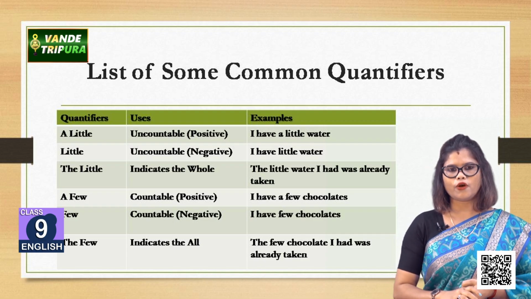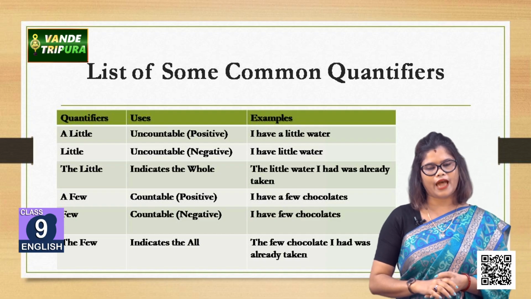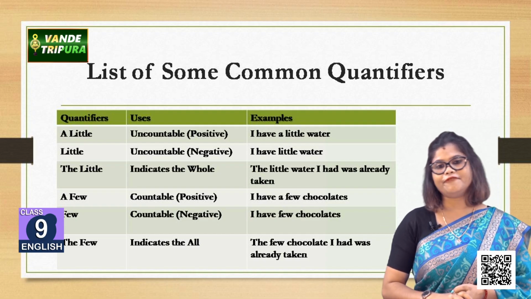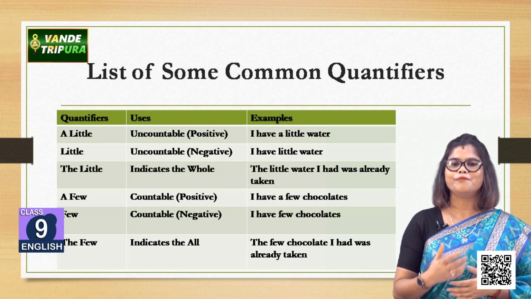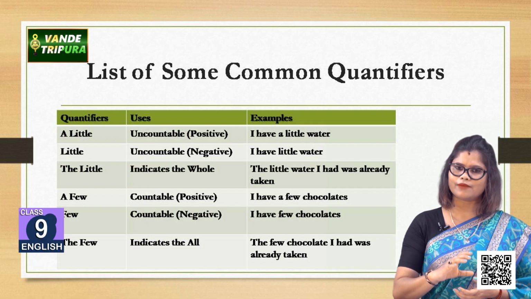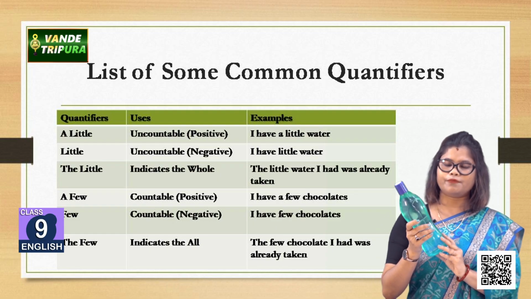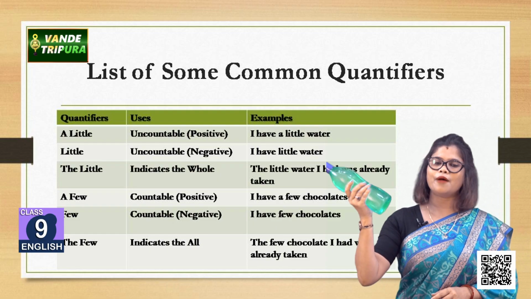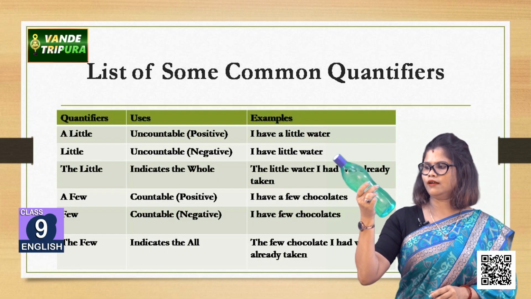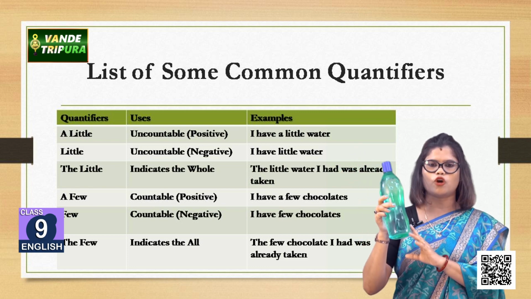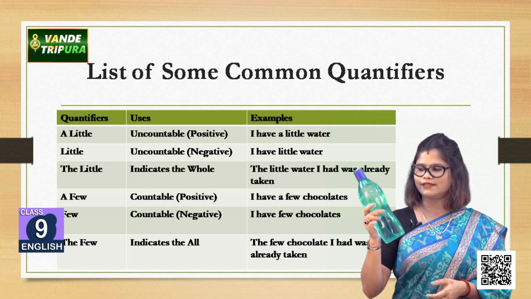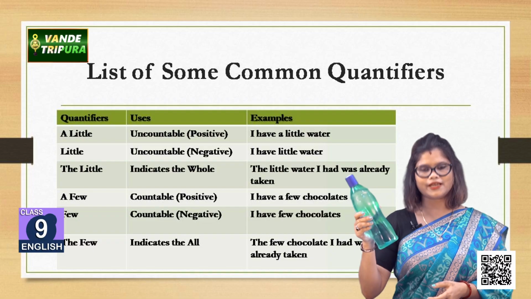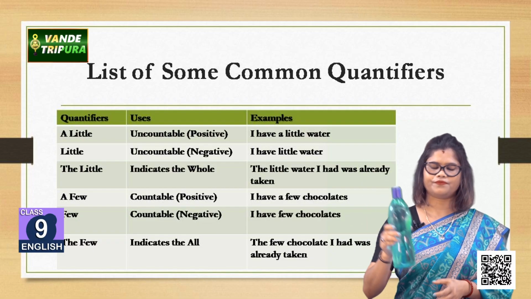ঠিক আছে, ধরে নাও আমাকে কেউ জিজ্ঞেস করছে can you give me some water, and if I say that I have a little water, that means I am meaning something positive. Yes, I have something, you can take. If someone asks me can you give me some water, and I see that I have a bottle of water and it is almost full, so I have enough, I can give. So I can tell you that yes, I have a little water, আমার কাছে আছে, তুমি নিতে পারো, ঠিক আছে।